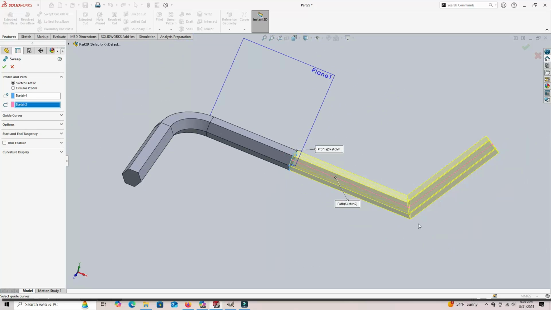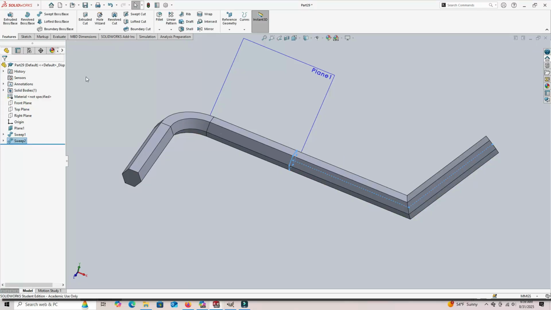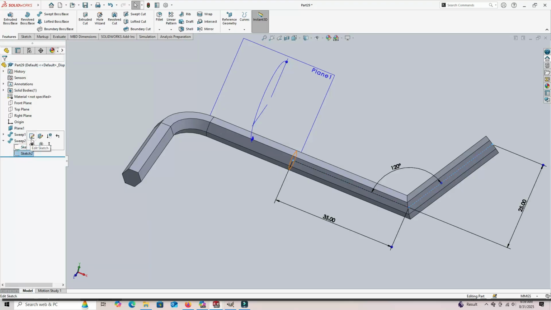Okay, and what I didn't do is put a fillet on that sketch, which I'm just realizing now, but I'm guessing that some of you probably realized that when I didn't do it. But I can go ahead and fix this. If I go to the arrow right there, it shows me the sketches that are associated with this particular sweep, and I should be able to edit any of them. I can come up here to edit sketch,